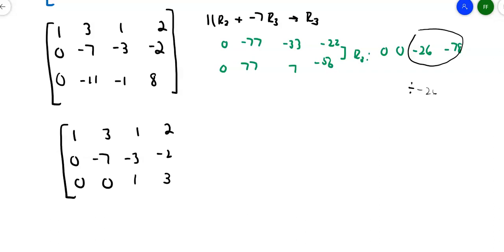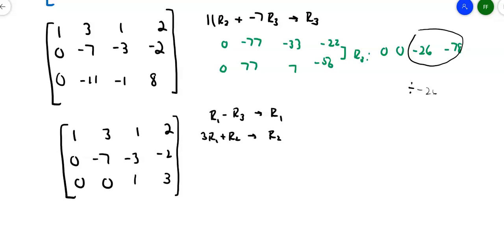All right, now I'd like to get rid of the 3 and the 1 that's up there. I will eventually get to doing something with that negative 7, but I'd like to hold off on it for a second because otherwise I'm going to create a bunch of messy fractions. So what if I took row 1 minus row 3, answer goes in row 1, and then 3 row 1 plus row 2,